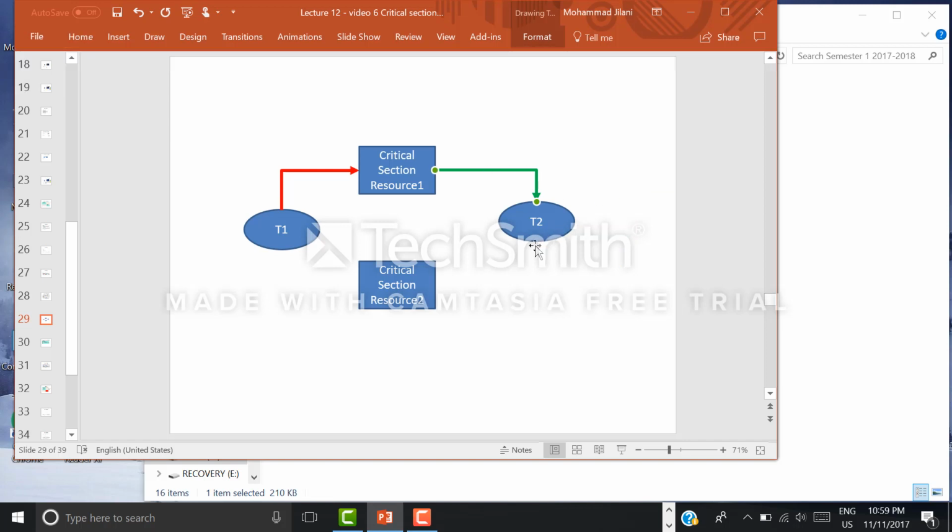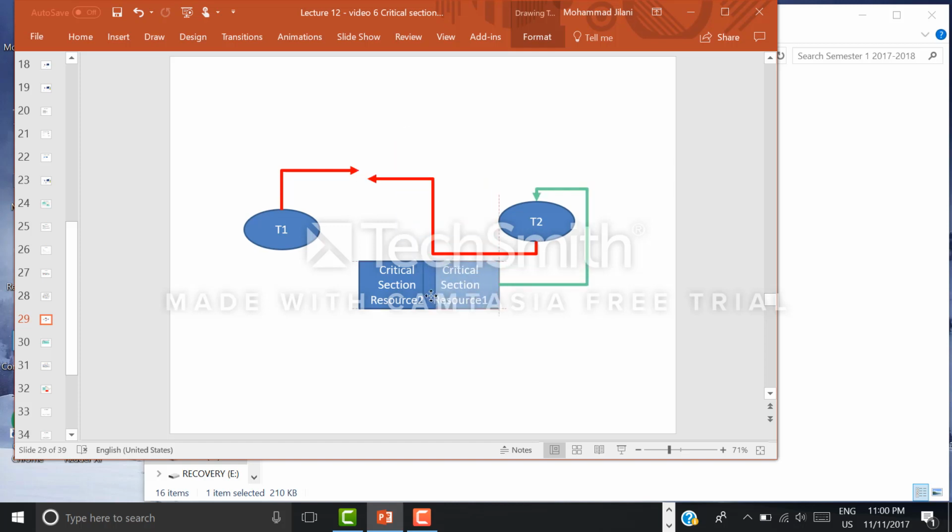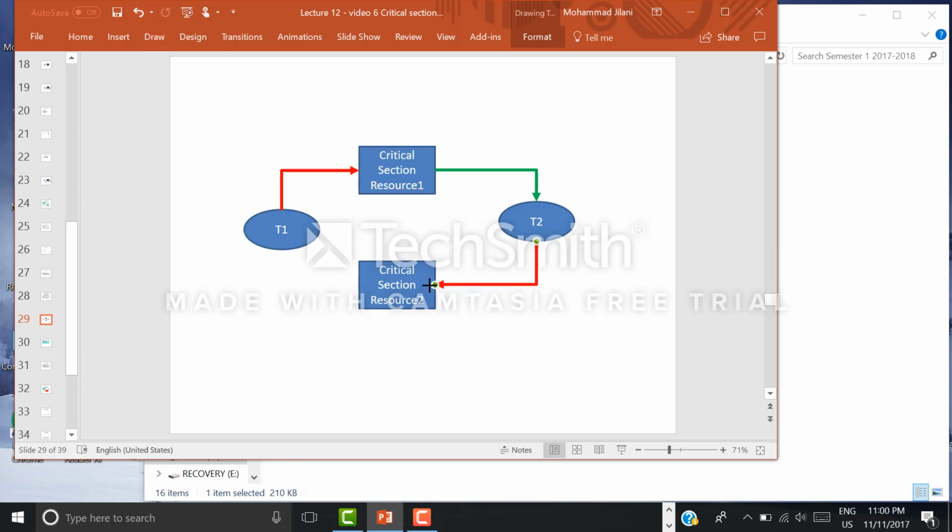So this is allocated to thread 2, and thread 2 is asking for critical section 2, and critical section 2 has been allocated for